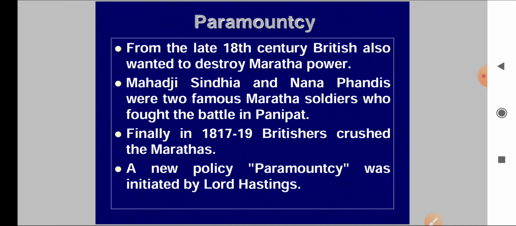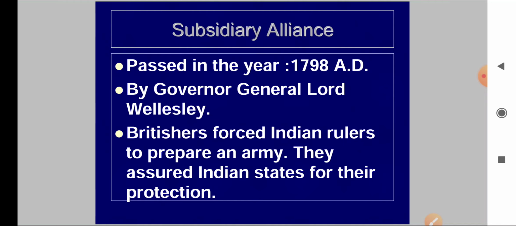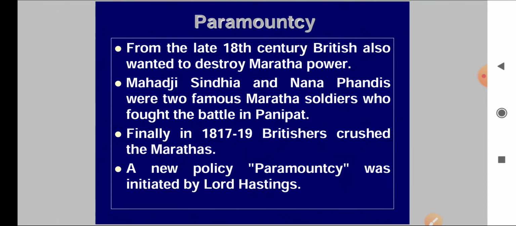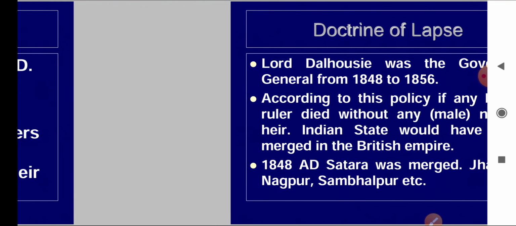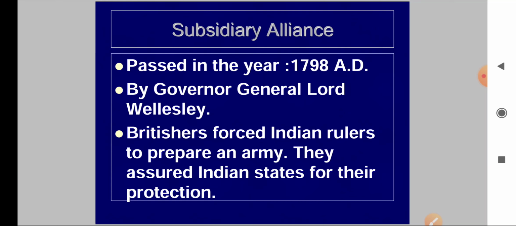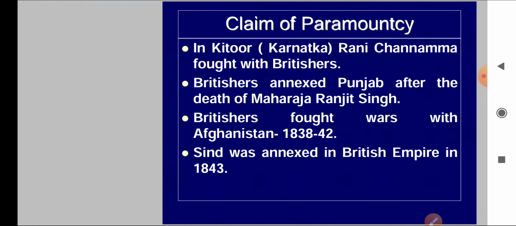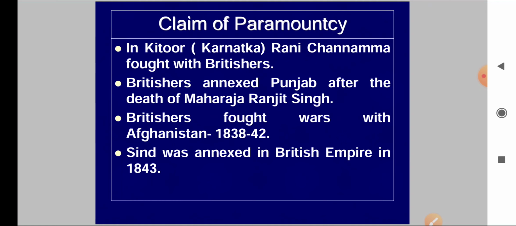In order to establish their control in India, they declared that they are the most powerful, and for this purpose they fought some wars with European powers too. They fought wars with some neighboring states as well as Indian states. For example, here